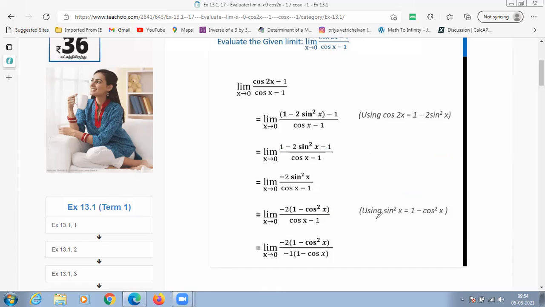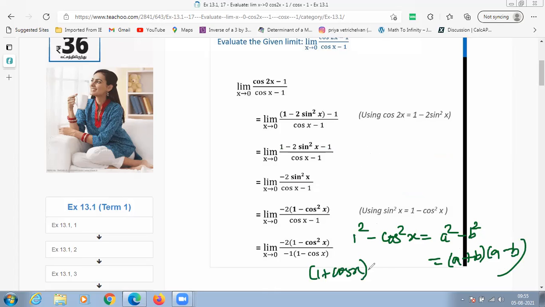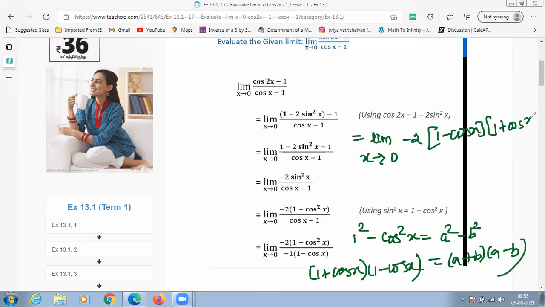And the next step is also very obvious. 1 minus cos square x can be written as 1 square minus cos square x, which is in the form of a square minus b square. And that can be written as a plus b into a minus b, which is 1 plus cos x times 1 minus cos x. Understood here? So it's minus 2 times 1 minus cos x into 1 plus cos x upon cos